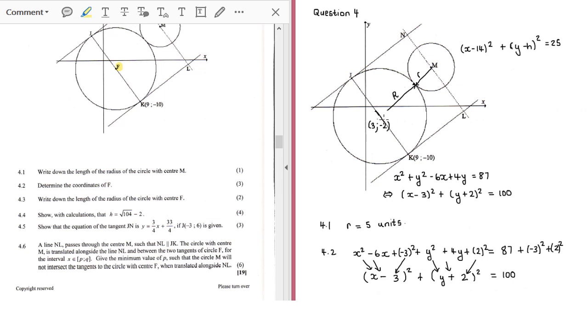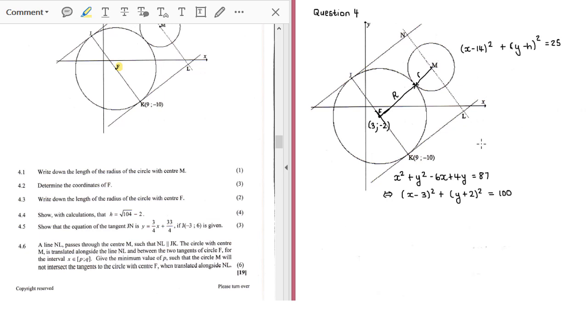Alright, I rubbed it off unfortunately. We've got the point F over here, which is the center of this larger circle. Question 4.3, they're asking us exactly what they asked us in question 4.1. They want us to write down the length of the radius of the circle now centered at F, and we